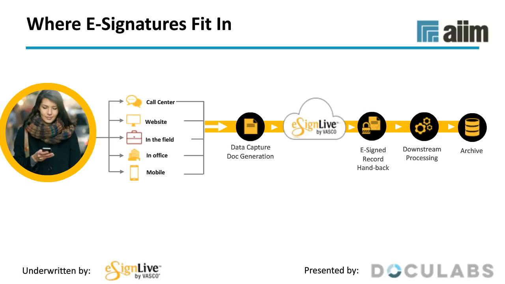So a customer communications management system or policy admin system, those are common upstream systems that could feed the process documents. So once handed off into the eSign platform, we take care of everything from sending out notifications, identifying signers, capturing signatures, and then securing the documents. Once that's all done, the documents are handed back and ready for download, and then you can store the eSign document in any system you want. So what's great is that they don't have to stay in eSign Live.